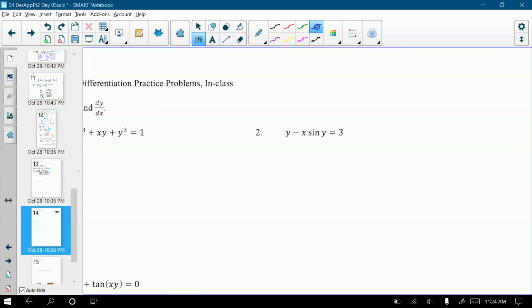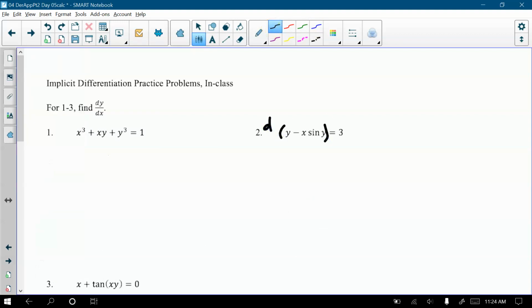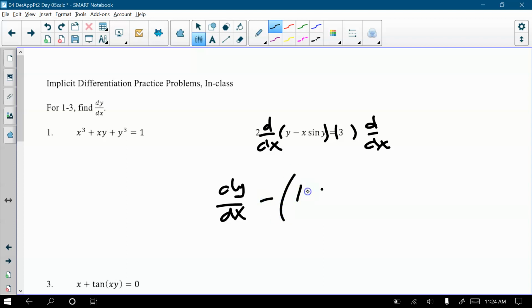Okay, number 2. Take the derivative of both sides. The way we show that is we're going to do d/dx on both sides of the equation. That tells the reader that we are going to go ahead and take the derivative of both sides with respect to x. On this side, the derivative of y is dy/dx. And then, again, before you launch into it, you think of what you need. x times sine y. You need a product rule. So we have to do minus, and now the product rule will be the derivative of x, which is going to be 1, times sine y,